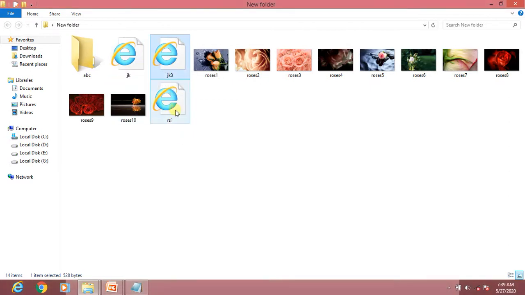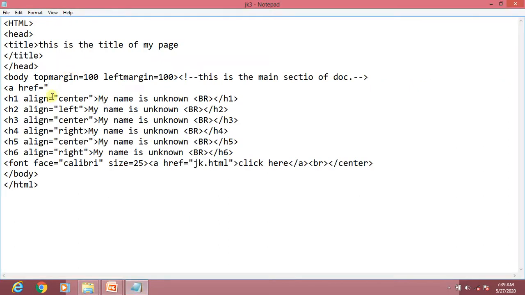So if we are linking these files, we need only to write the name of the file dot extension. So what we have, jk.html, directly we can write. If the file is not in the same folder, then we have to give the complete location. I will tell you that also.